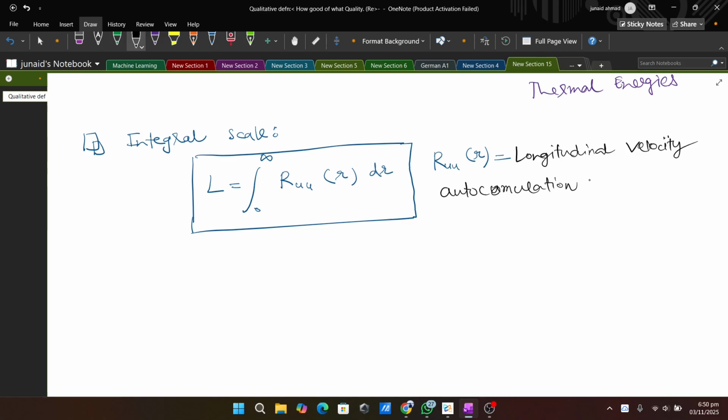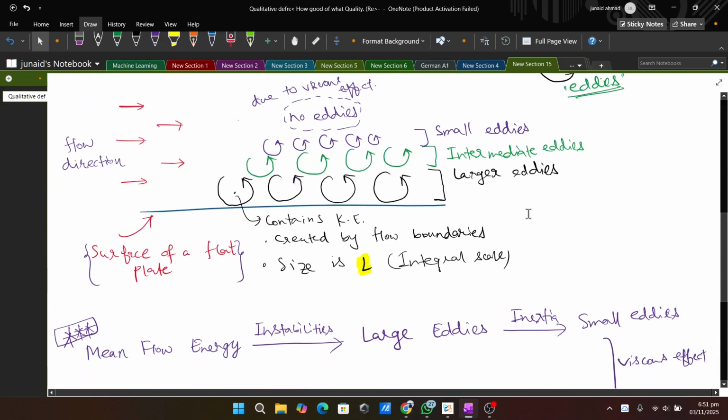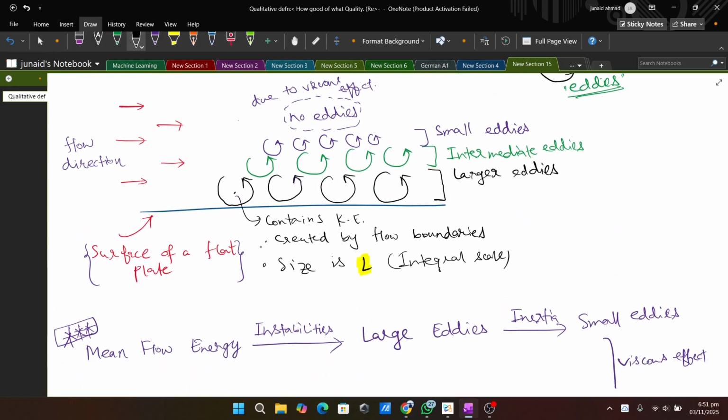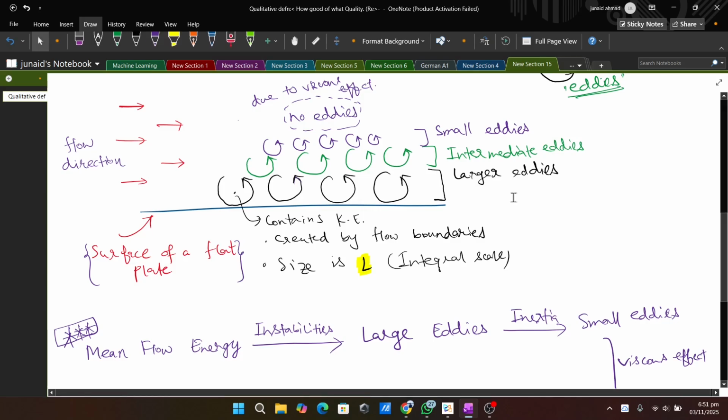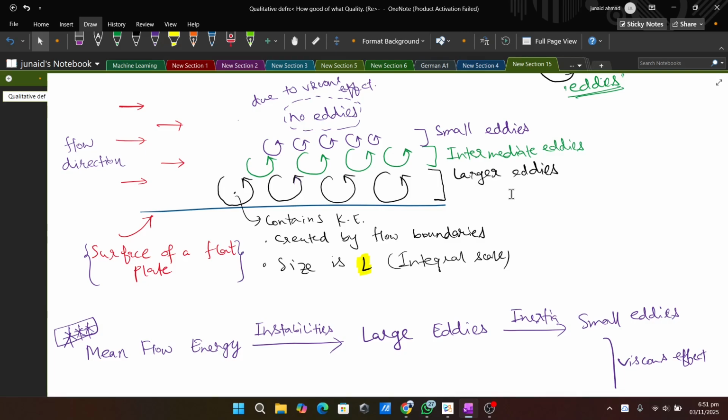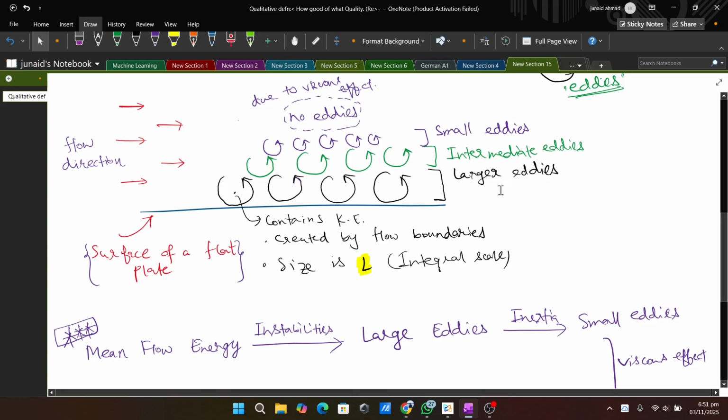Okay, we can say that the majority of energy is being cascaded, and this can be called the energy generation zone, the largest eddy zone in the turbulence, right? This is the largest eddy zone, and the energy cascade is being observed here. So we will also talk about that, the energy cascade. What is that? In turbulence, energy does not dissipate instantly.